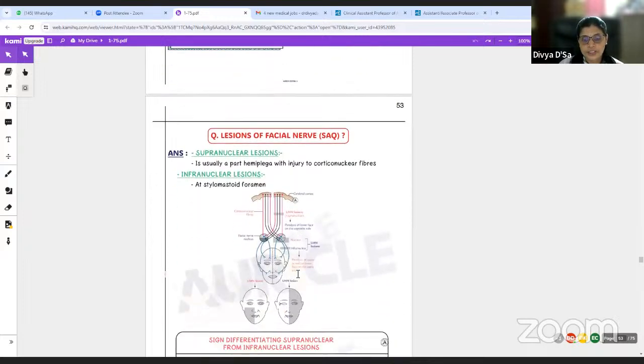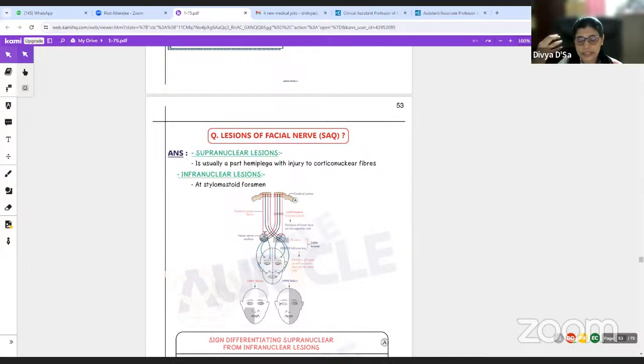So, lesions of the facial nerve. Facial nerve lesions can be supranuclear or infranuclear. Supranuclear means, see, the nucleus of the facial nerve is in the pontomedullary junction, in the pons. So the facial nerve, mainly when we are talking about the face, is supplying motor. So when it is